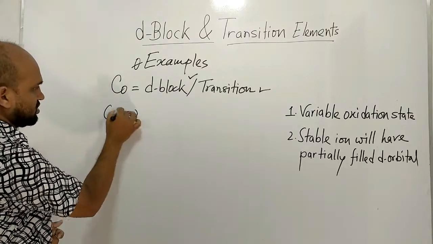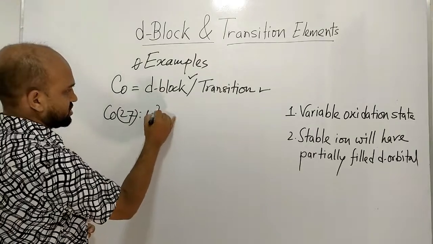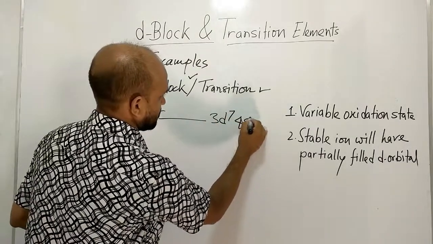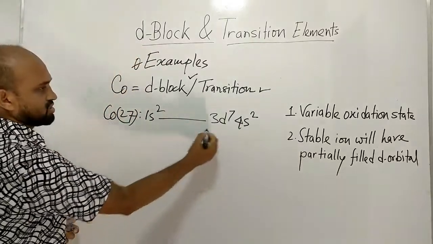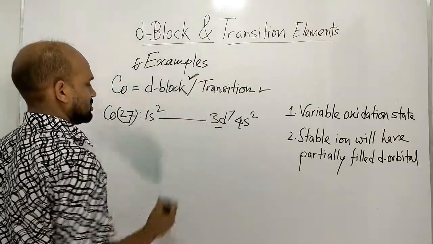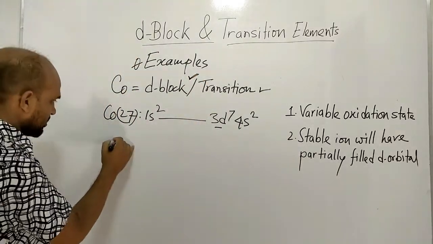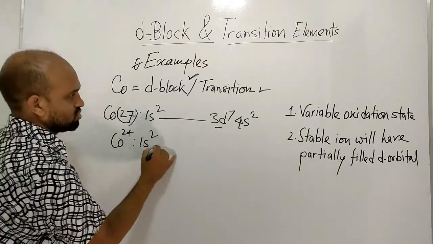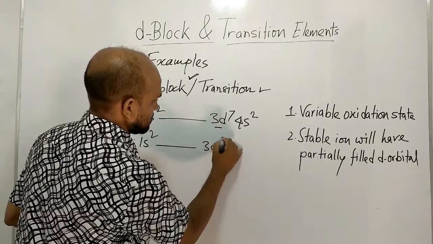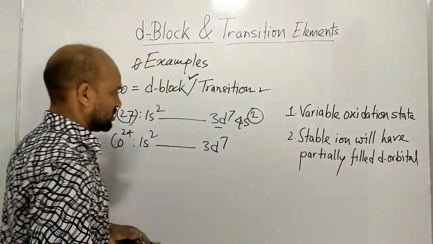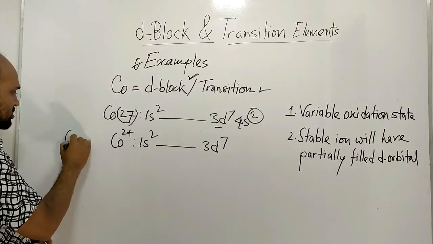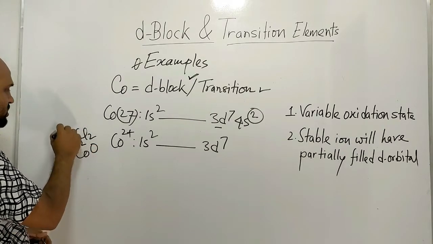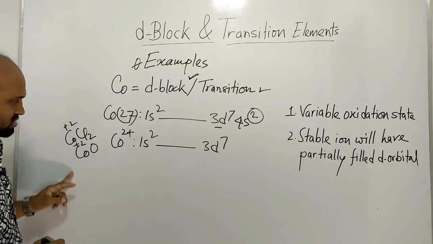Cobalt 27, electronic configuration is 3d7, 4s2. The last electron enters the 3d orbital, so this is a d-block element. Let's see some ions of cobalt. Cobalt 2+: 1s2, 3d7. These two electrons will go away, like cobalt chloride, cobalt oxide, here 2+ oxidation state,